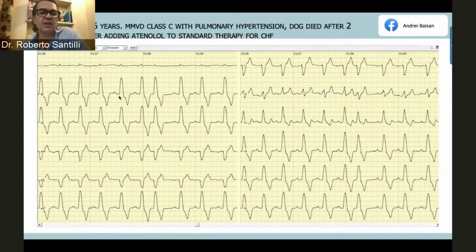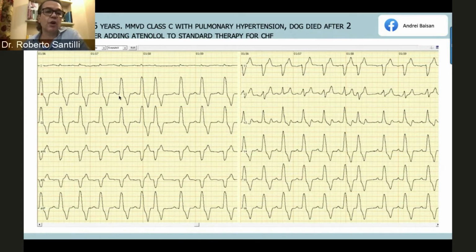When you see something like that, you have to keep in mind that the electrical impulse is going from the atria to the ventricle along the right bundle. The right bundle is a tiny bundle, and usually the vulnerability of a bundle depends on the length of the bundle and the wideness of the bundle. And usually the left anterior is the more vulnerable, followed by the distal part of the right bundle. And then you have the posterior bundle, and then you have the truncular part of the left bundle.